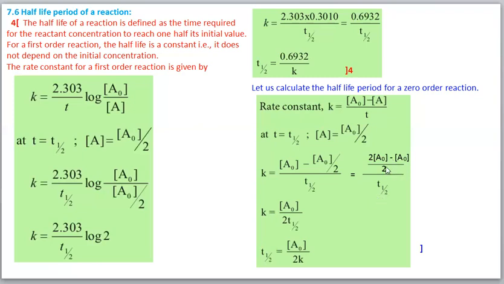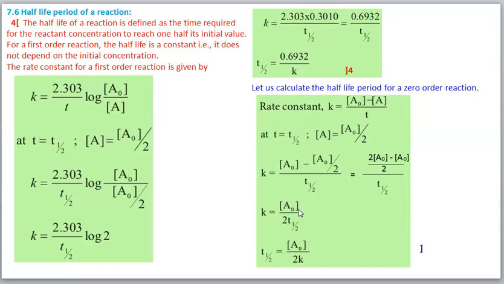Okay. Then you see here, the numerator is a fraction. The denominator also we can write in the form of a fraction, that is T half by 1. T half by 1. So we can multiply with its reciprocal. So 1 will go to the numerator, T half will be in the denominator. This 2 is also in the denominator. So we'll get like this. Here you see again, 2A0 minus A0 is A0. So A0 is here. This 2 comes to the denominator. Okay. This T half also here.